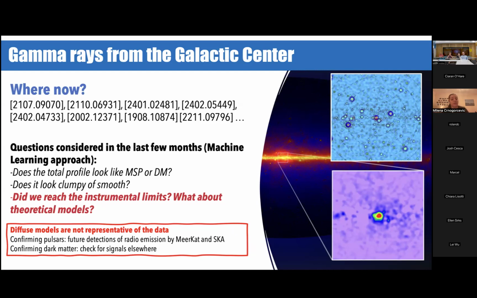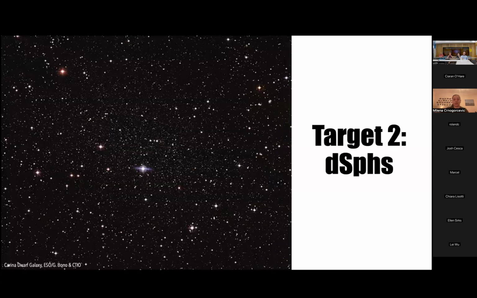If we want to confirm dark matter, at this time, maybe one path forward is to check for signals in other places. And as such, this brings me to target number 2, which are dwarf spheroidal galaxies. Dwarf spheroidal galaxies are, as the name suggests, small galaxies, satellites of the Milky Way,